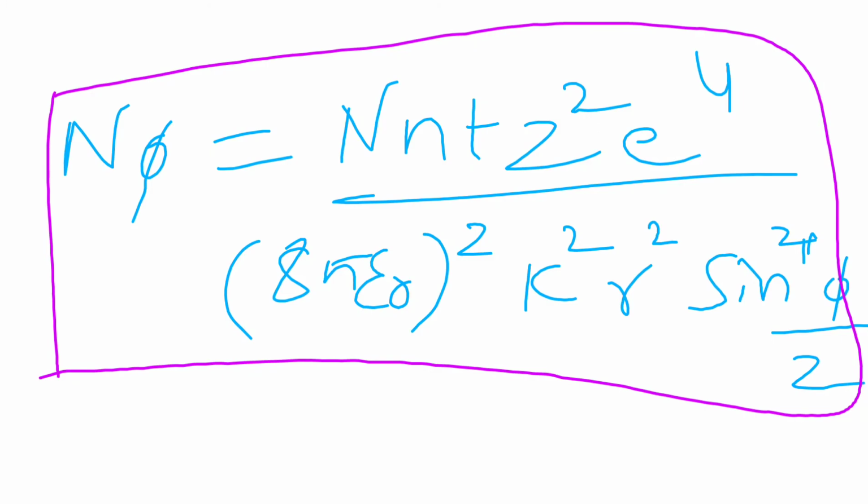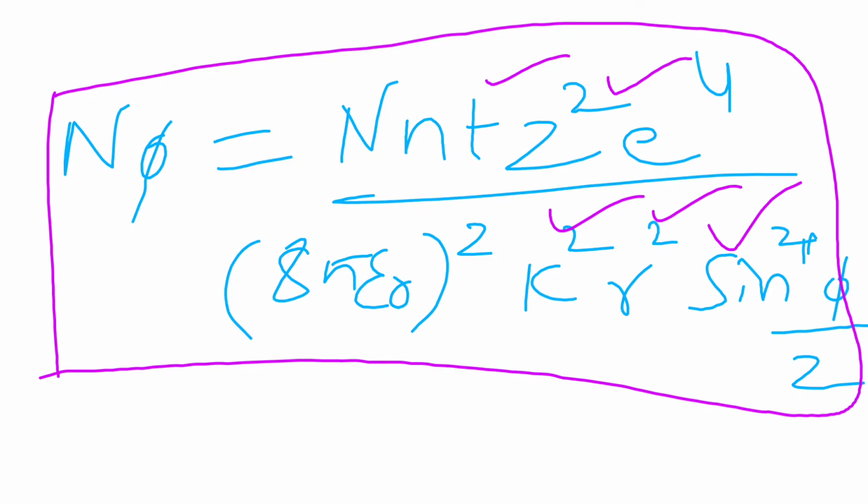In 1913, Geiger and Marsden verified this equation, changing one factor at a time while keeping the others constant. Thus, the equation implies, if k, r, t and z are constants, N theta is proportional to 1 by sin power 4 theta by 2. N theta is inversely proportional to r square and inversely proportional to k square, directly proportional to t and also directly proportional to z square.